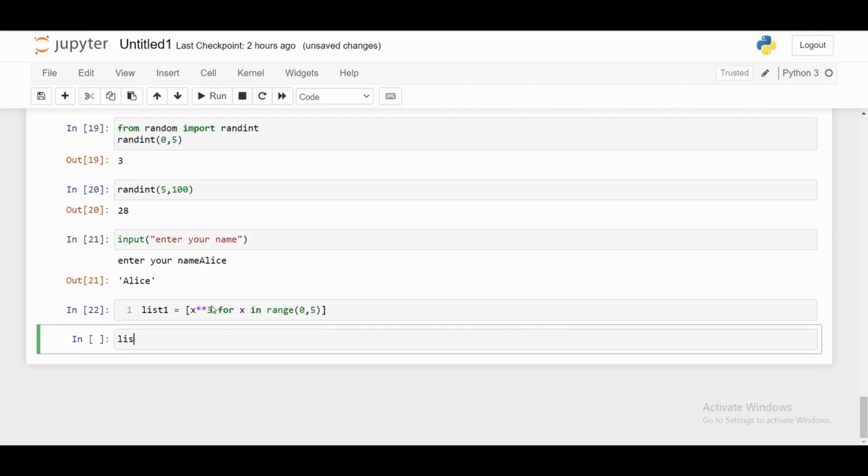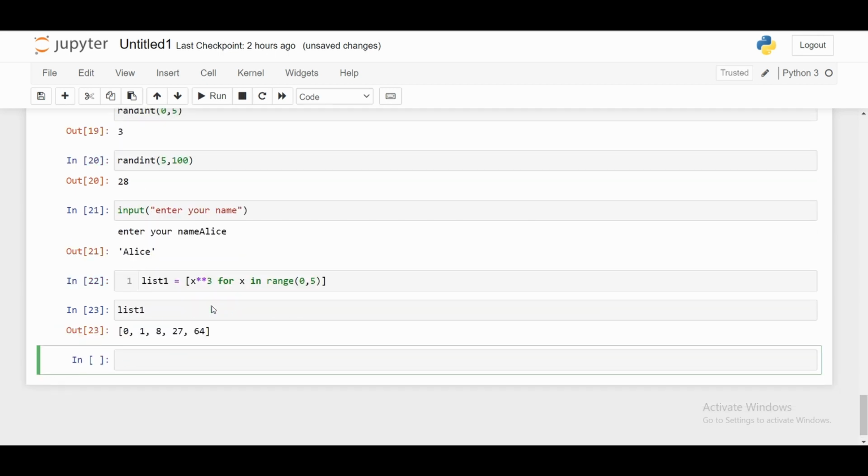I will call list. See, 0 cube is 0, 1 cube is 1, 2 cube is 8, and 3 cube is 27, and 4 cube is 64. In this way, we can do a list comprehension. I'll give another example. I'm initializing list to